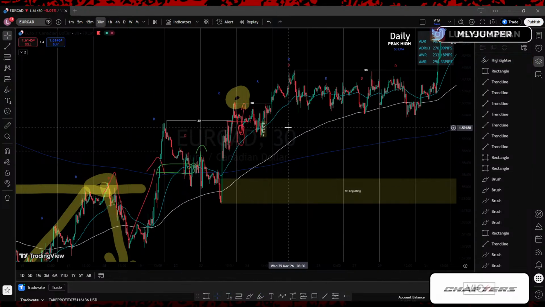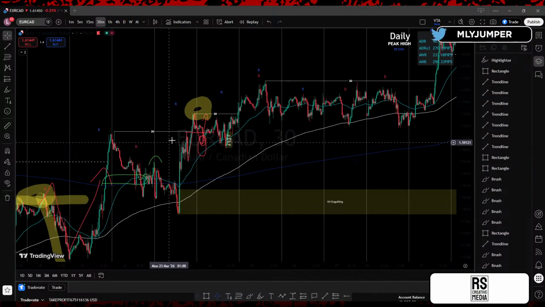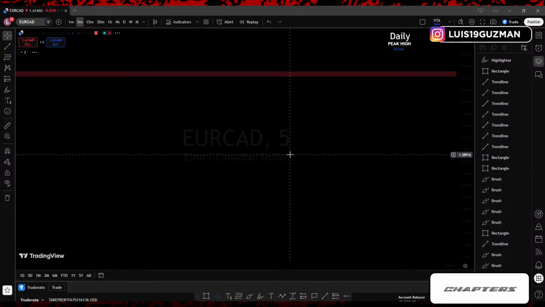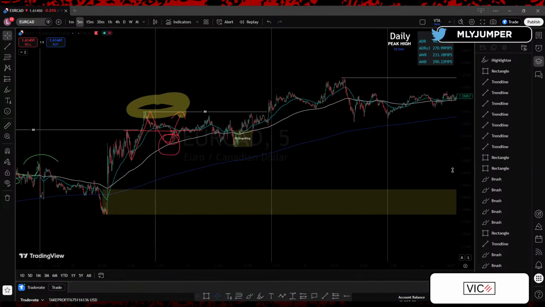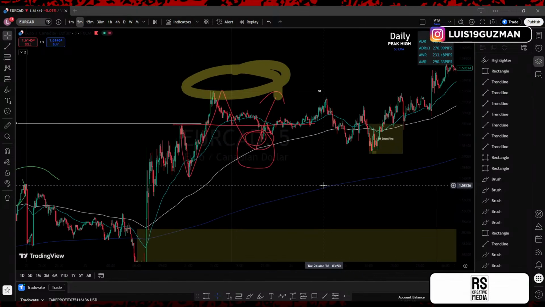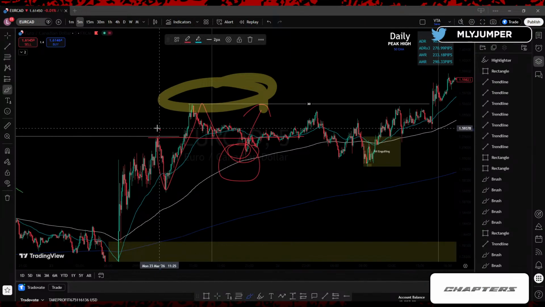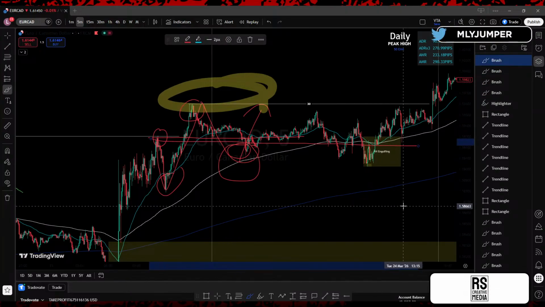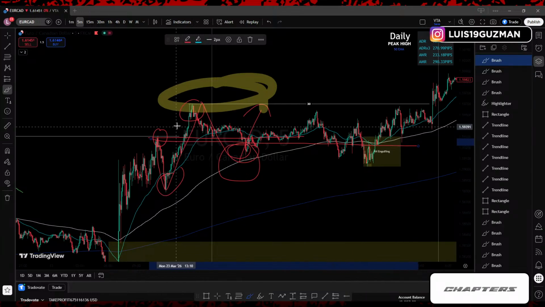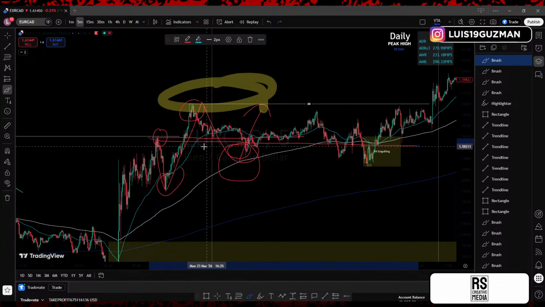It's not that good of an example because this was pretty much just a retest. But we'll go down, right? You'll go to the 5-minute time frame. Like I said, this is not really that good of an example because this is literally just higher high, higher low, higher high. You were just looking for that retest here, right? So not a good example, but same thing. You go down to the 5-minute time frame, right?